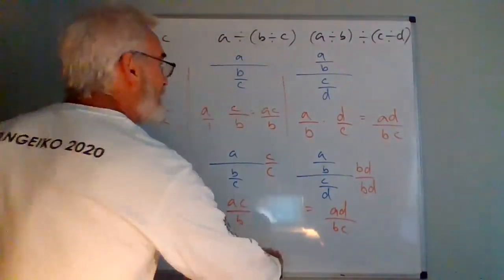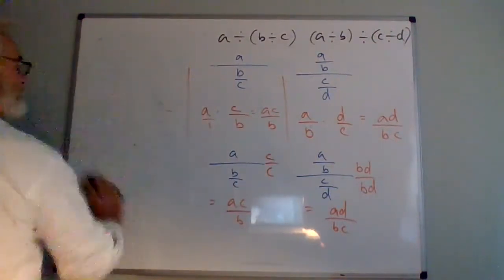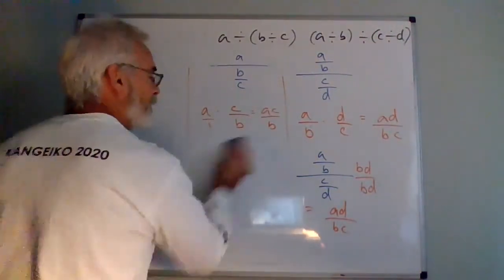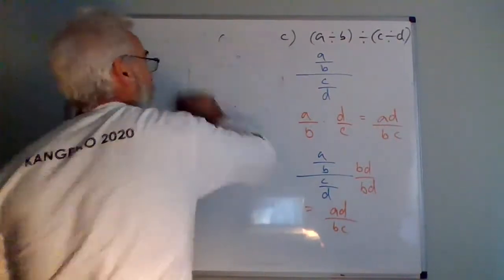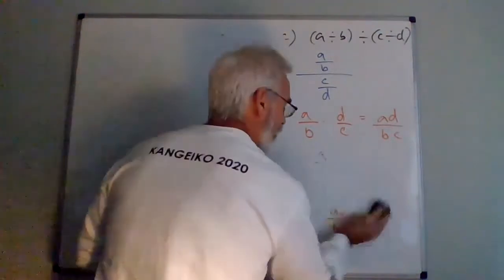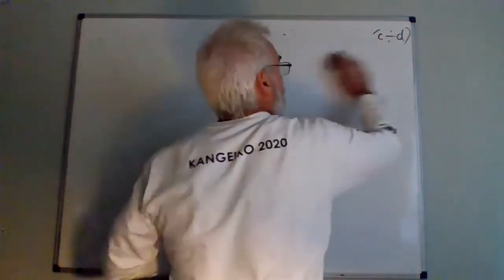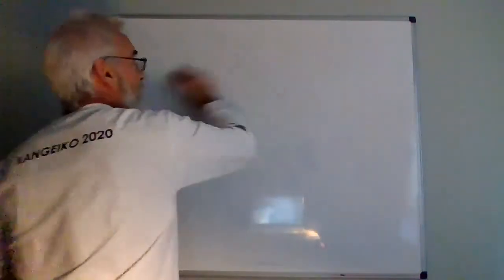Now, let me show you a very simple version of this that you may have done in a lower level algebra class. It's often referred to as complex fractions, which I think is funny because complex means something. And a fraction means you have a quotient of integers. None of these were fractions. These were all quotients of fractions. They were all rational numbers, but none of them were fractions because I had numerators and denominators that were not integers. So let's look at a really simple example of using what I just showed you,